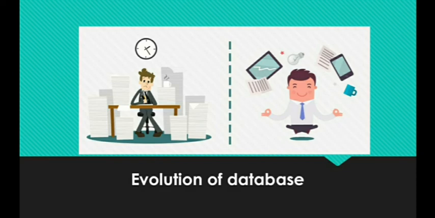Coming to the next topic, that is evolution of database. As I just explained about the applications of database, all these were using computerized electronic data processing. Before it came into existence, everything was done manually, which we call manual data processing. In this evolution of database, we are going to look at two things: one is manual data processing, another is computerized electronic data processing.